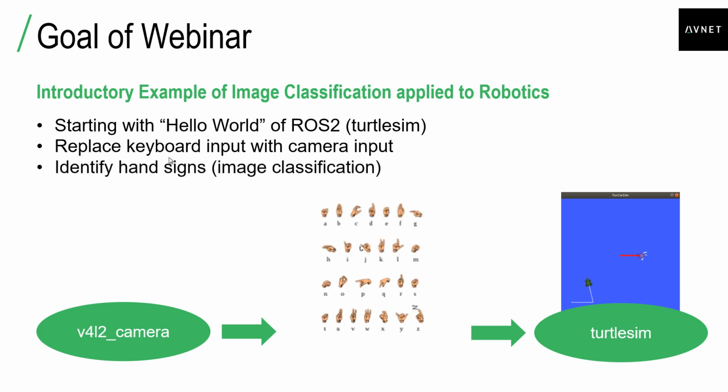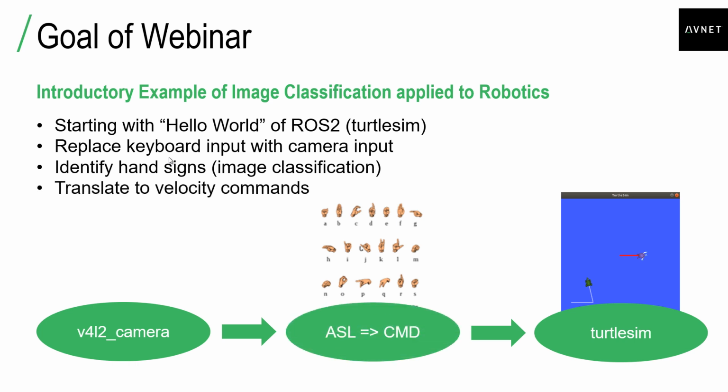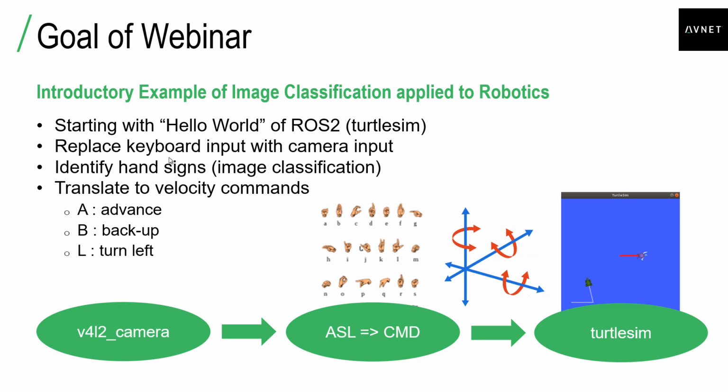During our last webinar, we used Vitis AI to accelerate a deep learning model which classified the images where we were detecting American Sign Language with our hands. And in this webinar, we'll be integrating this into ROS2 and converting these hand signs into commands that control our robot. So to do this, we'll be using the velocity command, which has data in X, Y, and Z directions for translation and rotation. We'll be using the A for advance, B for backing up, L for turning left, and